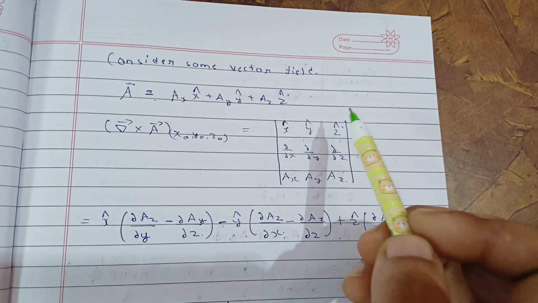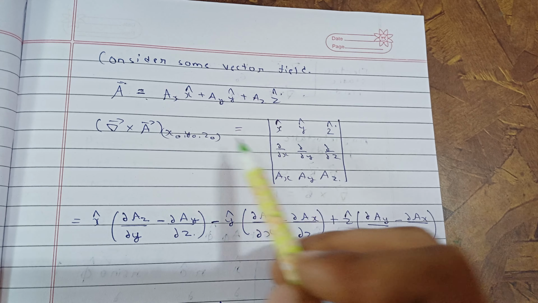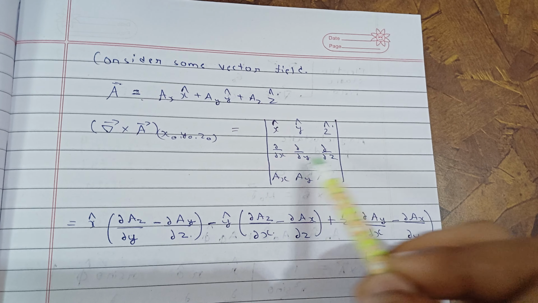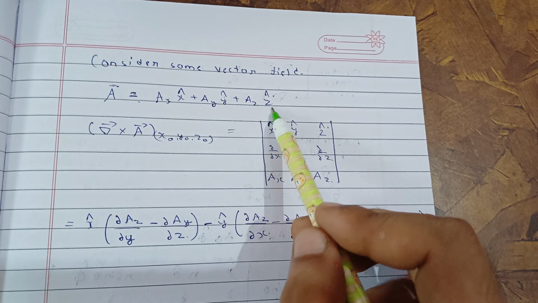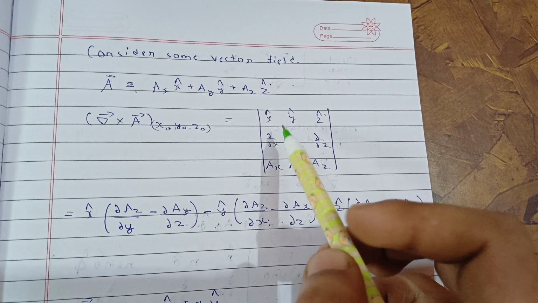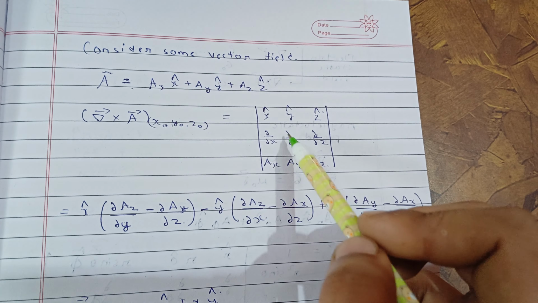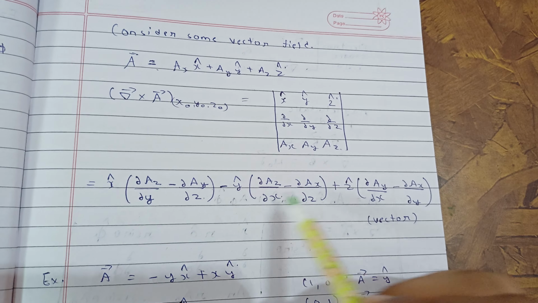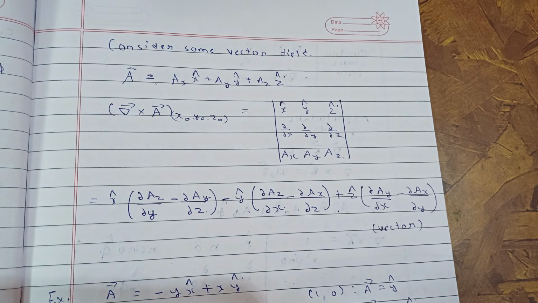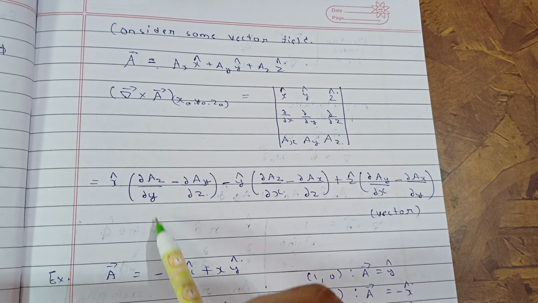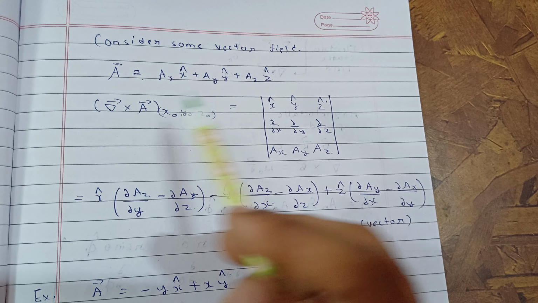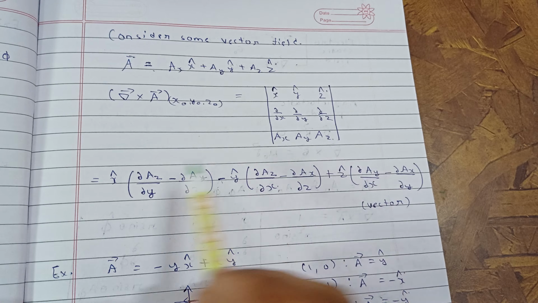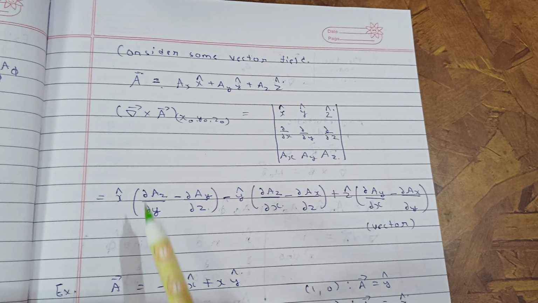So you know how to find the cross product. That is x cap, y cap, z cap, del by del x, del by del y, del by del z for the del operator, and A_x, A_y, A_z from the vector field. Now you know it is just cut these lines: x cap, del by del y A_z minus del by del z A_y. That's how you get your cross product for this. Just a simple determinant, solve this determinant. So this will be a vector again, the cross product will give you a vector. So this is your cross product or the curl of A. Now this is the mathematical form.